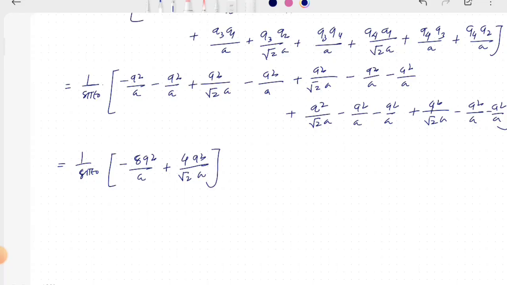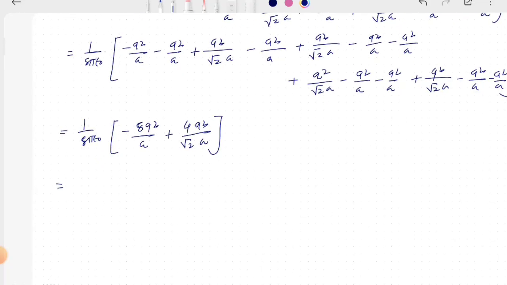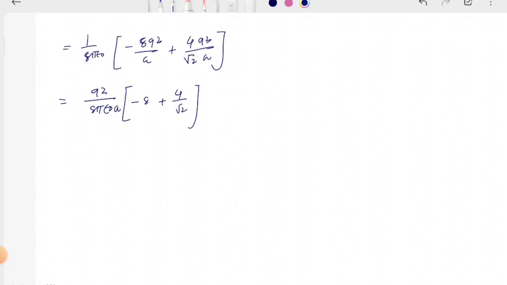Okay, so that is equal to Q square upon 8 pi epsilon naught A, minus 8 plus 4 by root 2. Okay, so if I take common 4,